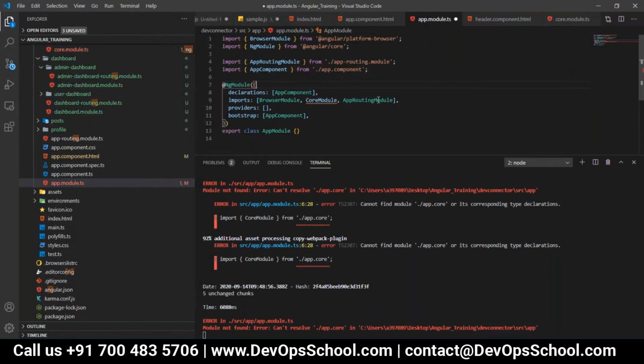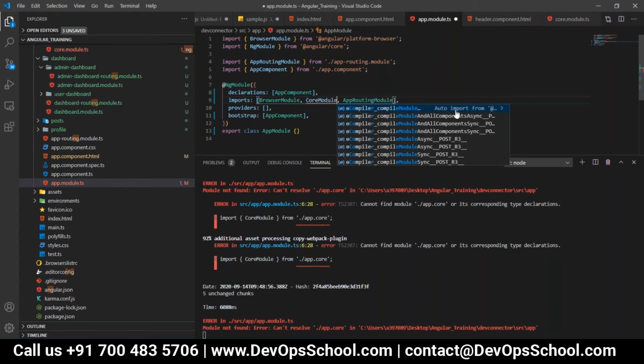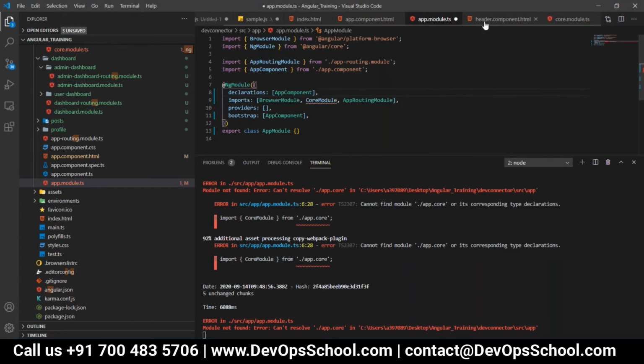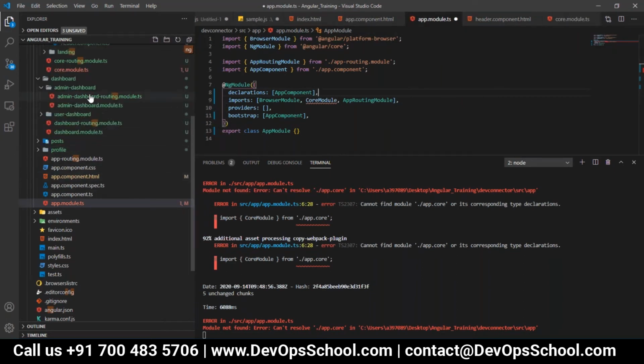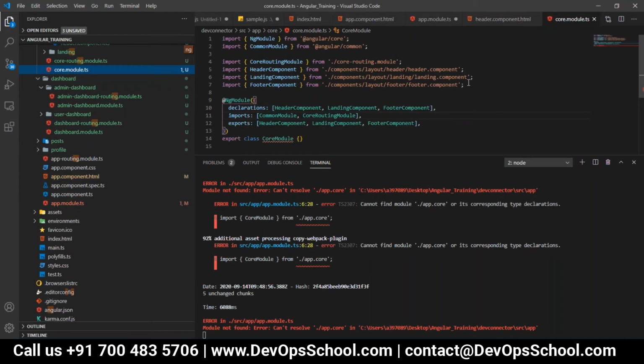Now check it over the control space. Is it giving the? No, it's not. Go to the core.module.ts file again. I think comma is given after exports.